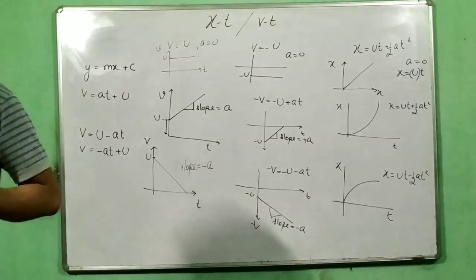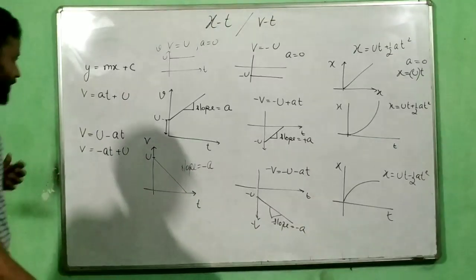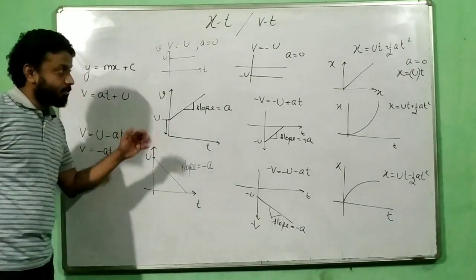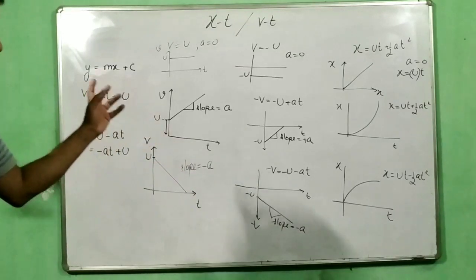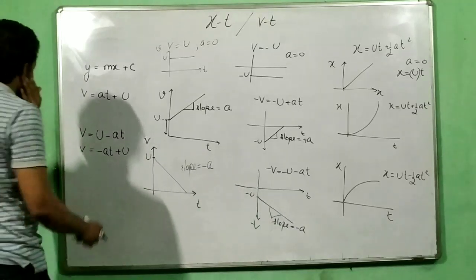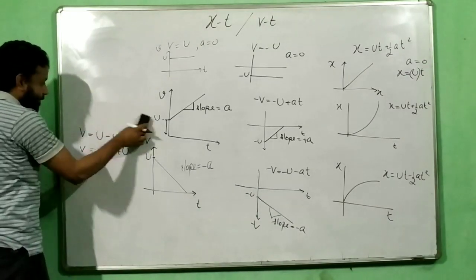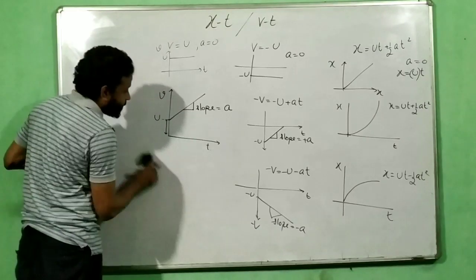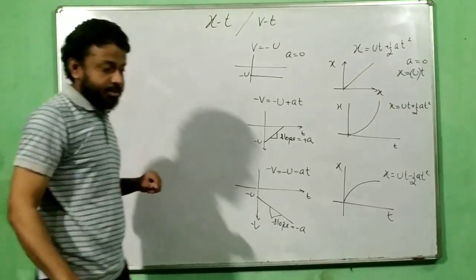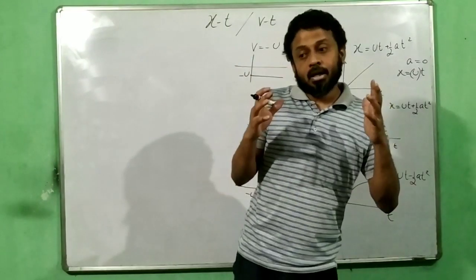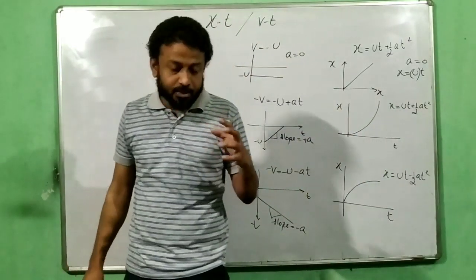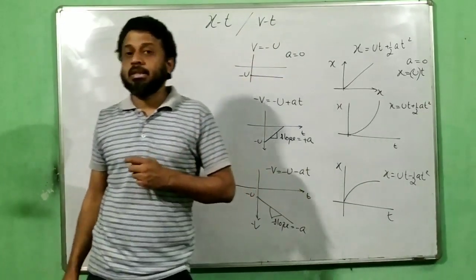And now we are going to actually see what is happening in real life. How does the graph look like? Okay, so make sure you have a proper note of this. This is the backbone, and this is going to help us in converting from one way to another way. Let's deal with some examples here first. And of course, please do not forget the significance of VT graph. Its slope is acceleration, and most importantly, the area under VT graph is your displacement. Okay, that is very, very important. Area under VT graph is displacement.